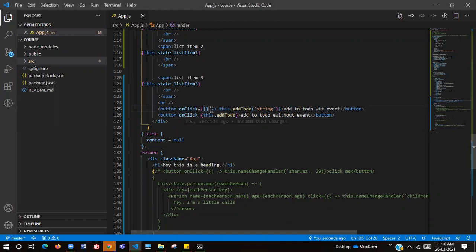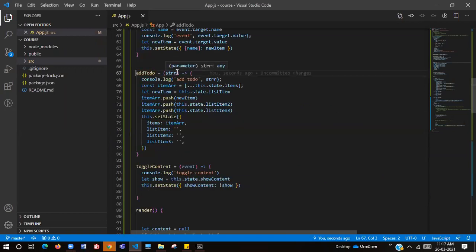So when you pass this with a single parameter, if you want to access event, you need to pass event also. If you don't want to pass any parameter but access event, this should work. This dot add to do will automatically have the first parameter as the default event, the event object.